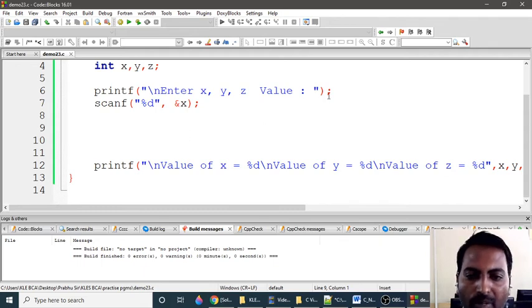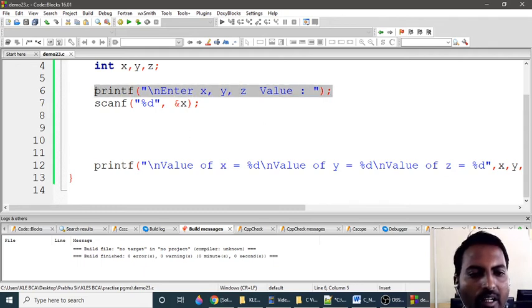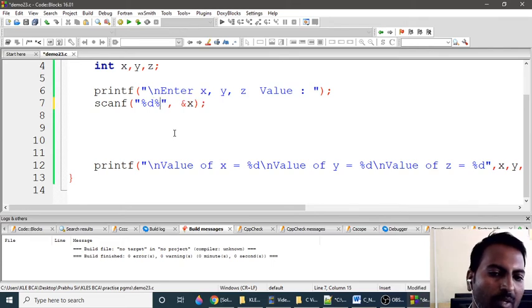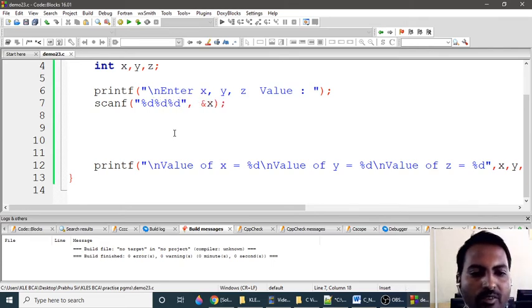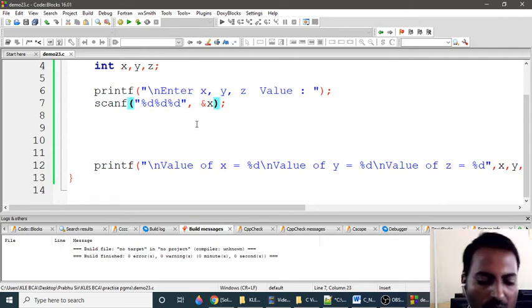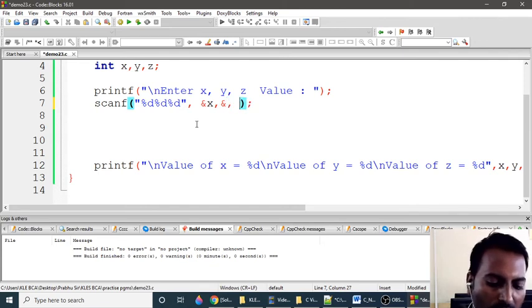So now the printf is saying enter three integral values, that is x, y, and z value. So I need to specify three format specifiers: percentage %d, percentage %d, percentage %d. We should not give any space here. This is the syntax of the scanf statement. Here the first percentage %d is for the x variable, and the next percentage %d for ampersand y, comma, ampersand z.